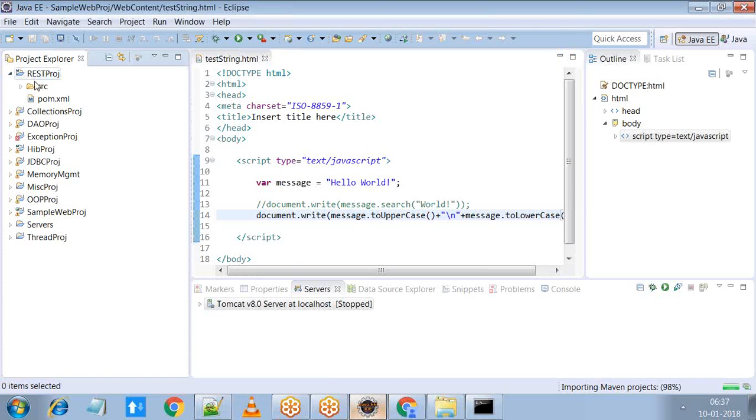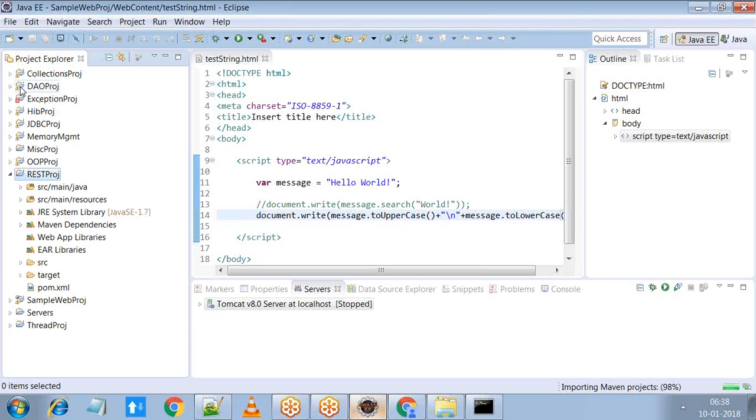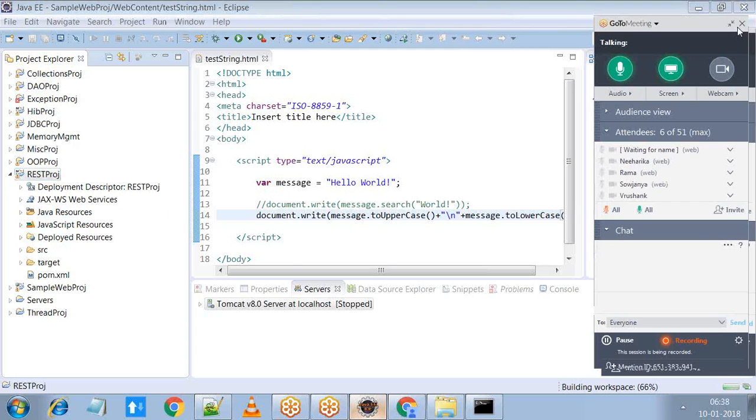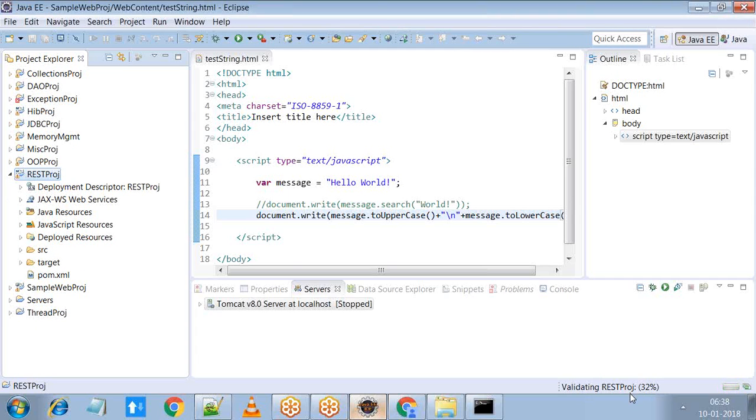So this is your Maven project. It's building it. In the bottom right you'll find it validating and building REST. You have to wait after importing it. Okay. So once you're done,